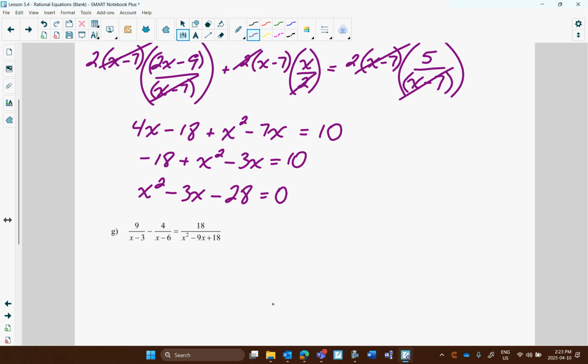Remember, when we solved radical equations earlier this year, sometimes they turned into quadratics. When we solve rational equations, sometimes they turn into quadratics. Those will always be factorable. So just a little something to know. So therefore,